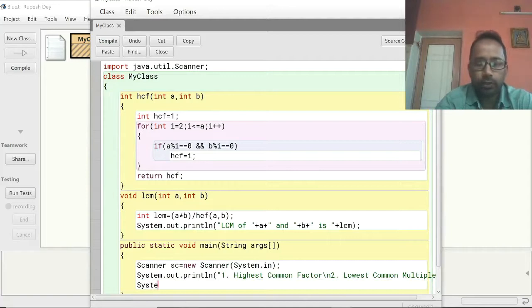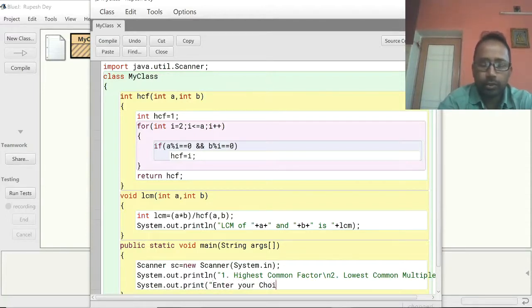Then you ask user to enter his or her choice. Print "enter your choice". Here you can print choice will be either 1 or 2, 1/2.